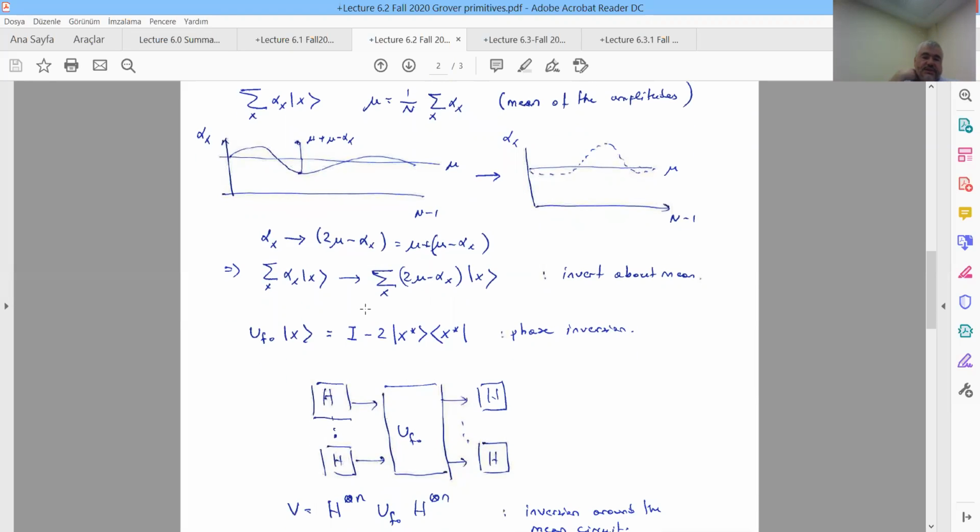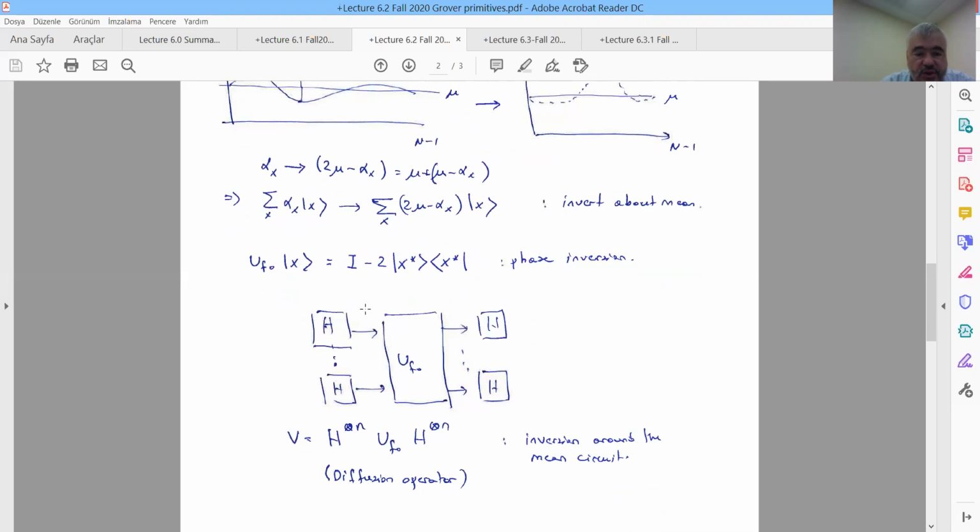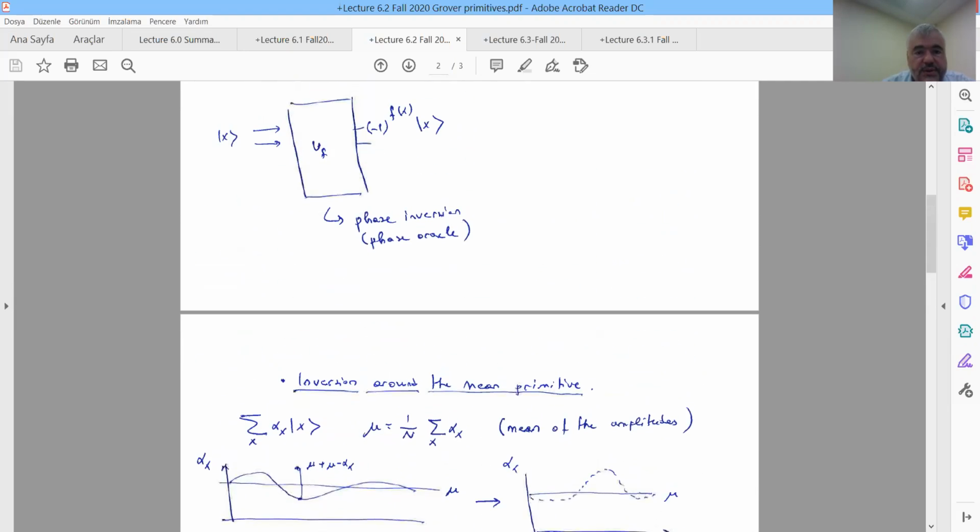So these two basic constructs, together with the standard Hadamard operation, the standard Fourier sampling operation, will be sufficient to construct Grover's algorithm, as we'll see shortly. And the way you would be able to represent this in an operator form, the inversion around the mean, is through this